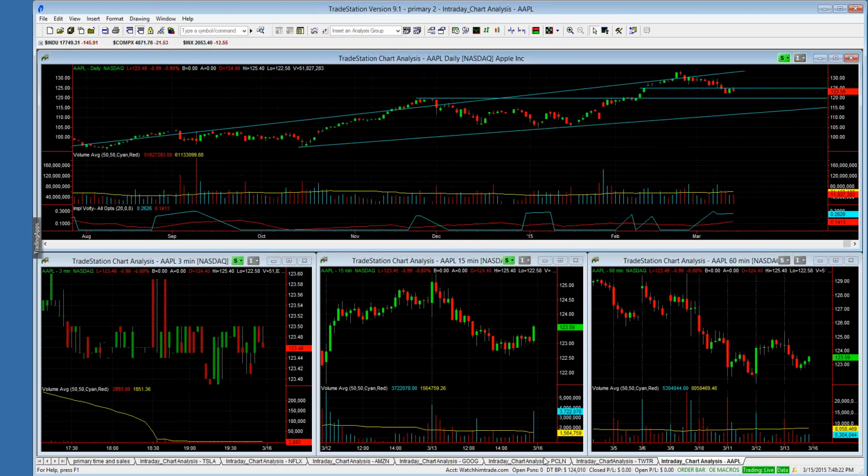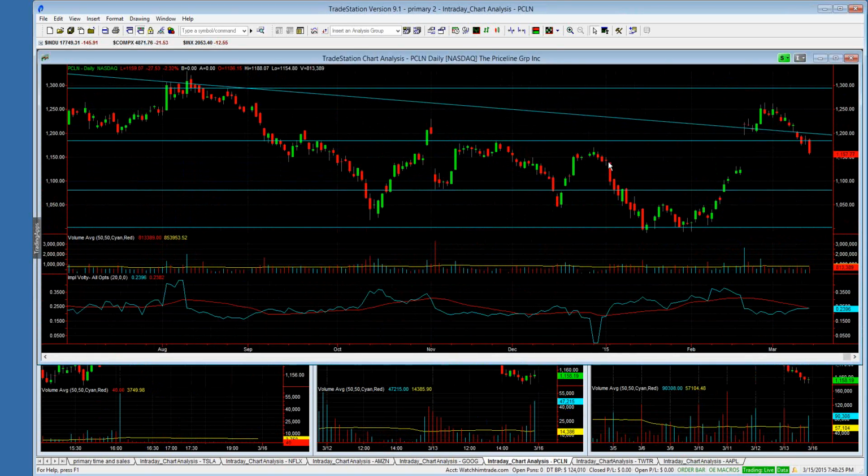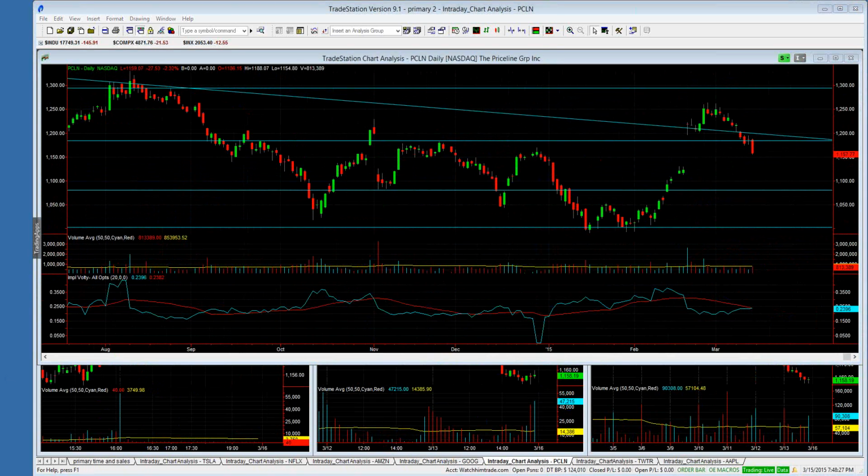Looking at Priceline here, Priceline has started to fill its earnings gap, was trying to hold 1200, and similar to Google, she had a nice breakout apparently, but then came all the way back down, and that was a red flag that she was giving up the move. Nice gap and break above 1200, and then you came back to 1200. You can see this week lost 1200 early in the week, tried to stay around it or within striking distance of it, but by the time Wednesday rolled around, she had another leg down, consolidated Thursday, and then a nice crack